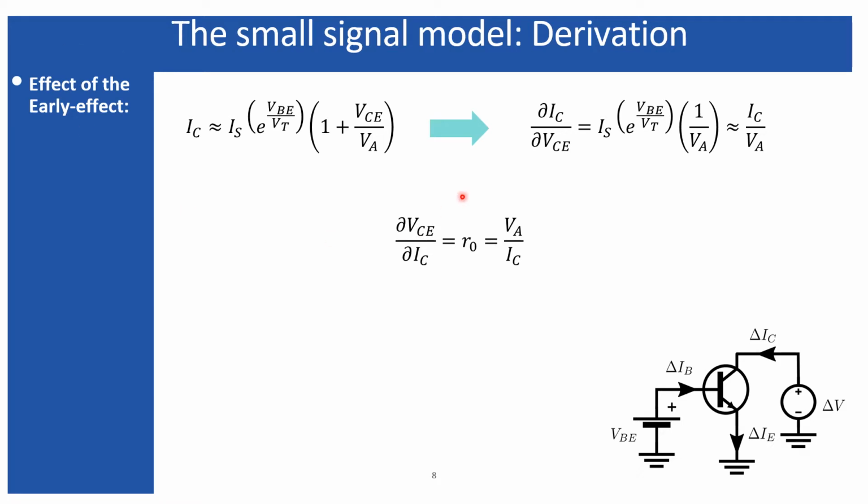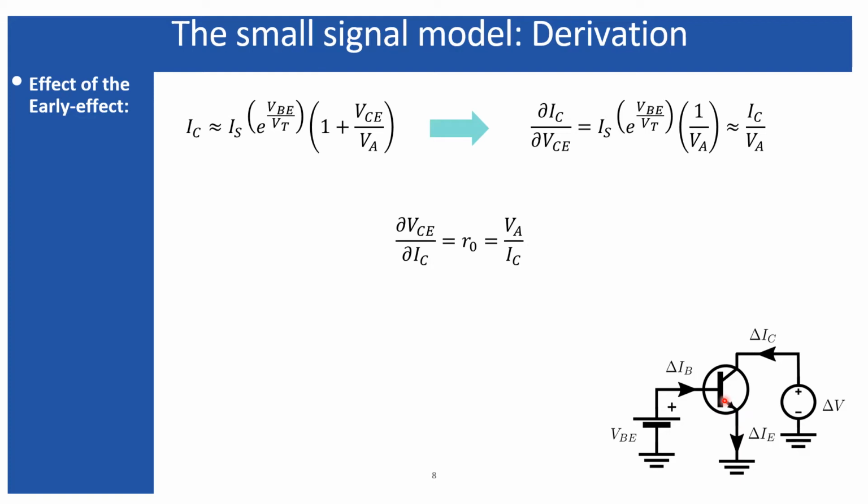Now what is the inverse of this ratio? IC represents the current through this terminal, that means the collector to emitter terminal, and VCE represents the voltage across this terminal, the collector to emitter voltage. So if you imagine you are including some component between the collector and emitter, this VCE represents the voltage drop across that element and IC represents the current through that element.